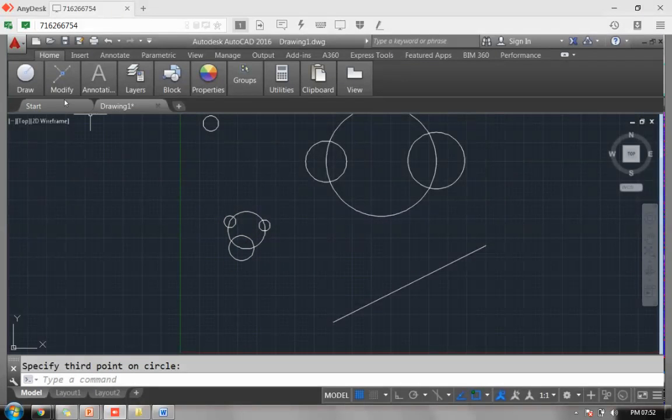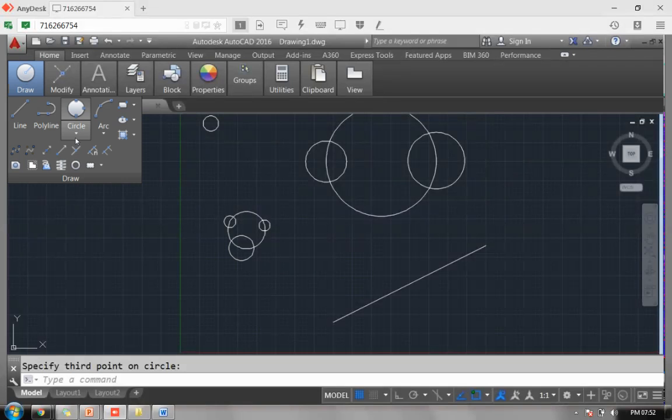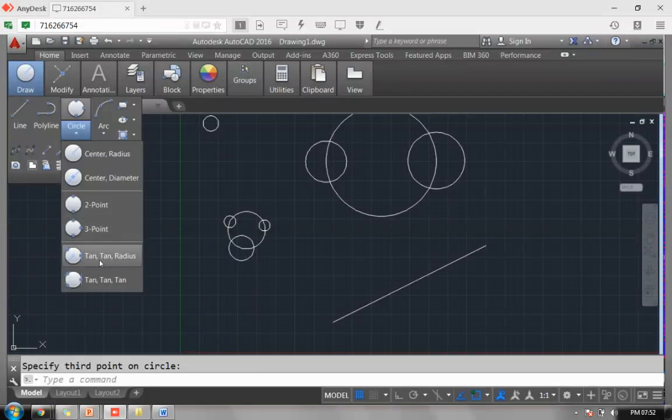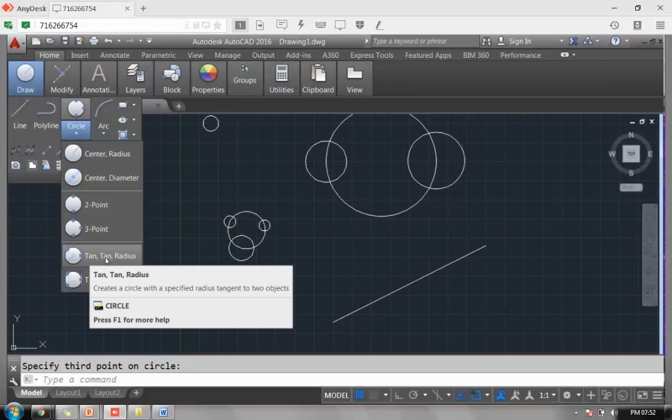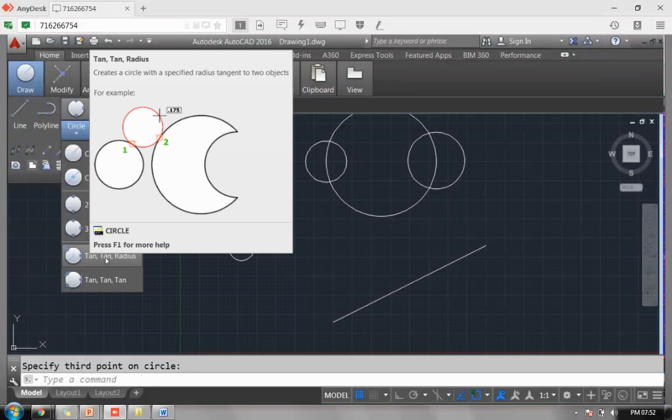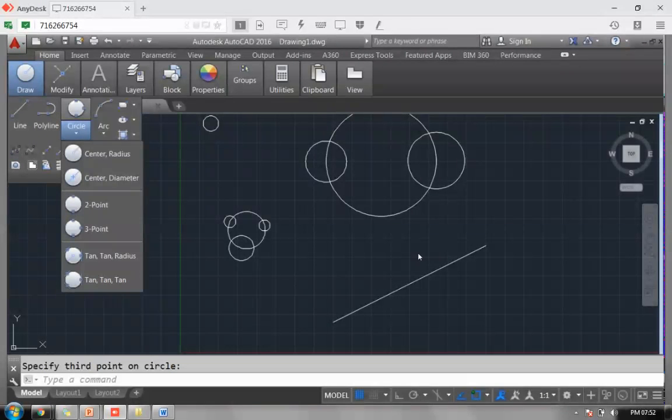Fine. Now next is tangent. For tangent, two things have to be touching each other, as shown in the curve. It will not be choosing the center. It will be touching that circle. So if these are 2 points, this is point one. This is tangent. What is tangent? A line which is touching the circle is called a tangent. Suppose this is my circle, and if I draw a line here, it is called a tangent.